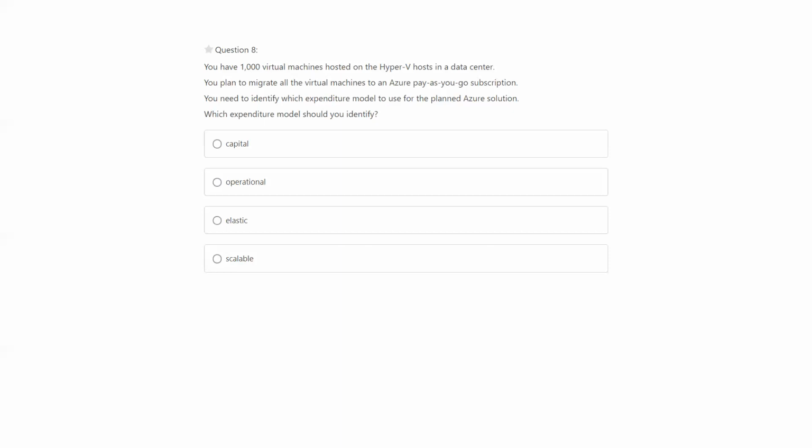That's where operational comes into the picture. So operational is the right option. Elasticity is again related to increasing your resource instances on demand. That's not related to the question. And scalability, again, is scaling up or scaling out. So again, not related to this question.